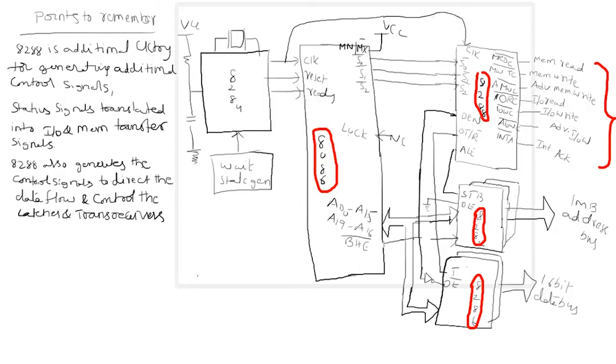And as usual, the addresses A0 to A19 are connected to the latches and sent to the address bus to generate the 1 MB address space, while the data is sent via the transceivers, generating the 16-bit data bus. Demultiplexing the address and data is possible by the ALE signal. ALE is also connected via the 8288 to the latches, and the transceivers are connected to the DT/R bar. Like that, the total circuit looks like this.